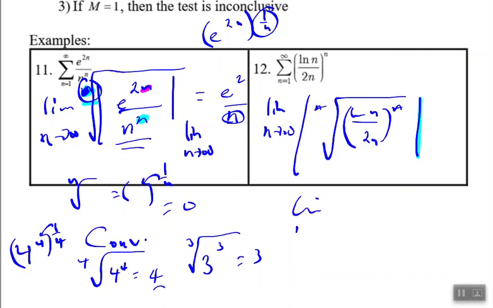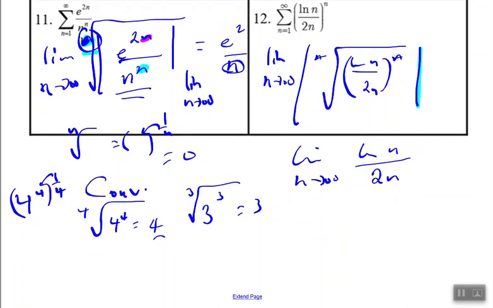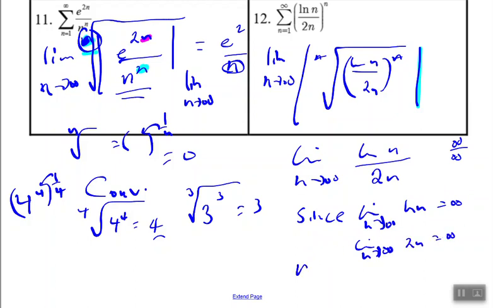And what we have left is the limit as n goes towards infinity of the natural log of n over 2n. But what is that limit? This is a good time to remind you about L'Hopital's rule. If I throw in an infinity, that's just scratch work, I have infinity over infinity. So we would say that since the limit as n goes towards infinity of the natural log of n is infinity, and the limit as n goes towards infinity of 2n is infinity, by L'Hopital's rule,